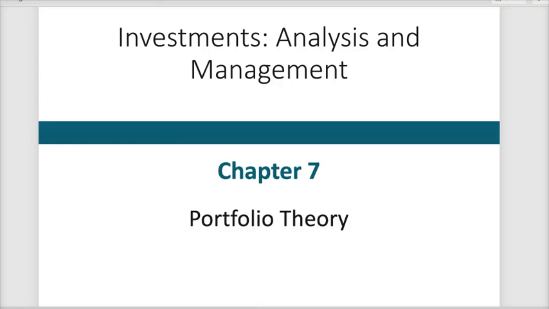Chapter 7 is a good complement to Chapter 6 because in Chapter 7, we're going to discuss risk and expected return, whereas in Chapter 6, we focus exclusively on risk and realized return. So, this organization allows us to focus on risk and expected return in Chapter 7, where portfolio theory, which is focused on the expected returns, is going to start to be developed and then brought over into Chapter 8 later on. Now, Chapter 7 is going to cover the basic portfolio theories, and this is going to allow us to